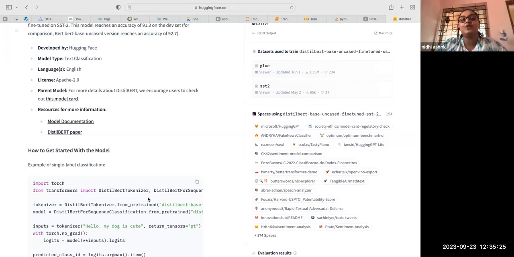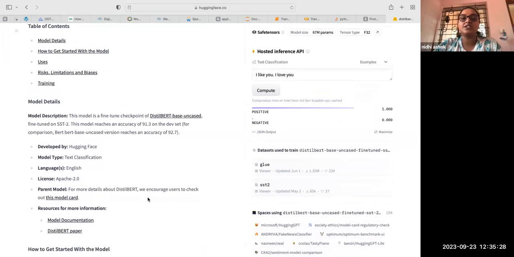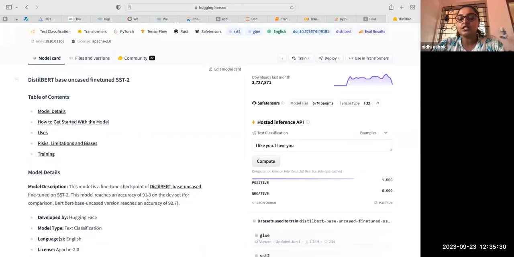Let me finish. I'd like to clarify one thing about what I have explained so far. There is something called transfer learning, which is the core principle that Hugging Face works on. I'm sure you're all students of artificial intelligence, so you've collected your own data, tried to train your own model, tried to get the output, and tried to manage the accuracies and everything. But I'll tell you what, if you have no data at all, you go to Hugging Face,